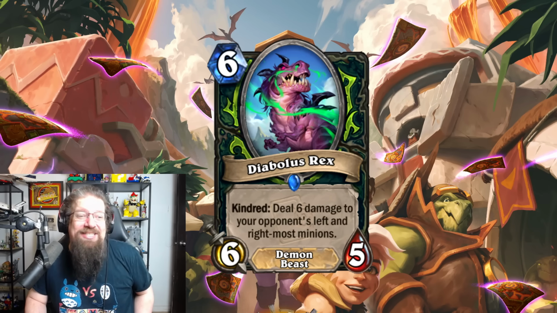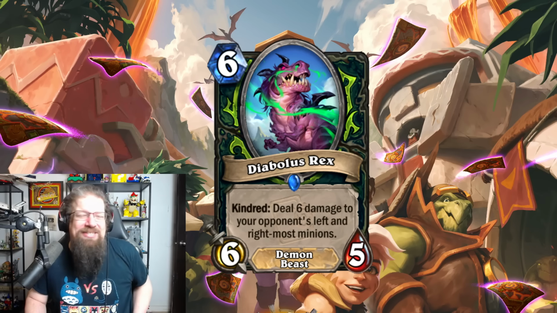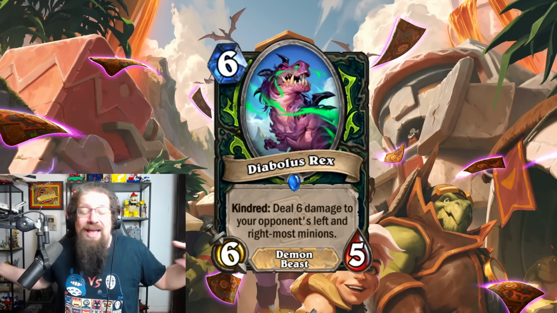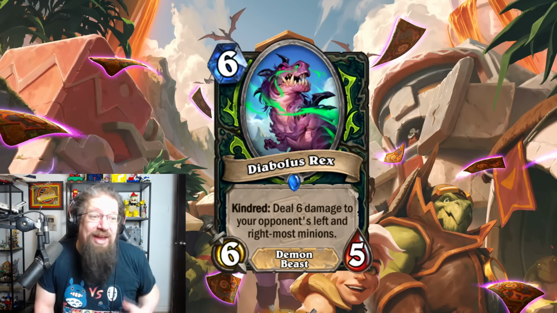It is a 6 mana 6/5. Ugh, that's again gray-ming in stats. Demon Beast with Kindred. So this card will only ever do anything if you have played a demon or a beast in the prior turn, where you deal 6 damage to your opponent's left and rightmost minions. So nice little board control tool, I guess. But if it's just a token deck, they don't care. I guess if there's just 1 minion on the board, it will deal 12, which is kind of nice, but